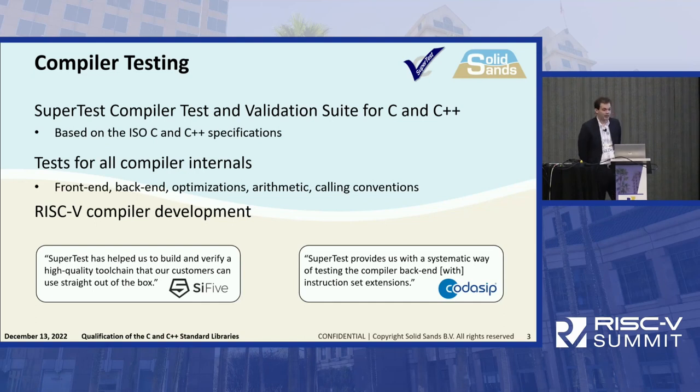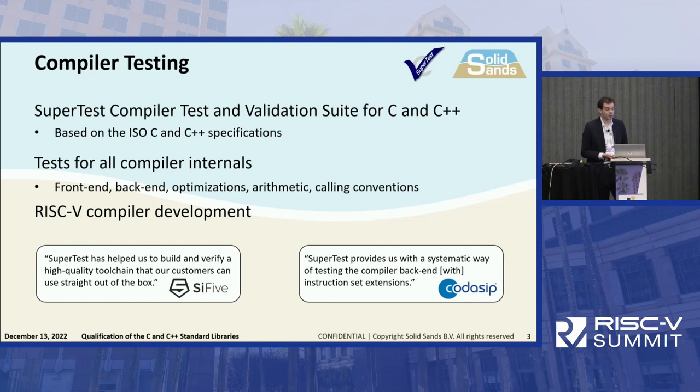Even though my talk today will mainly focus on library testing and library qualification, I think especially in the context of RISC-V, it's also very relevant to talk about compiler testing for just a minute. With our product SuperTest, the compiler test and validation suite for C and C++, you can test compilers to make sure that they are compliant with these C and C++ specifications. Basically our test suite has a test for everything that is written in the specifications. Our test suite is organized following these specifications. This way you make sure that for everything that is written there, there's a test that verifies that the